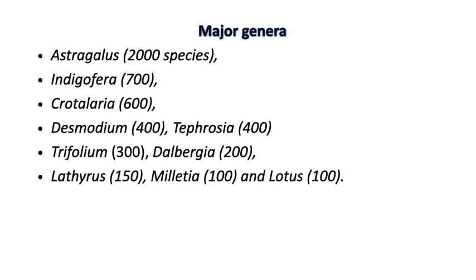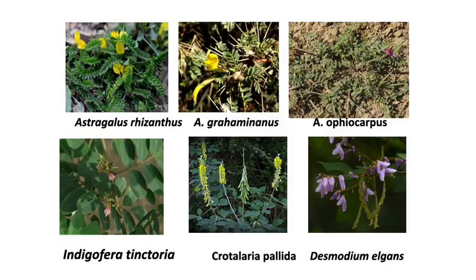Major genera include Astragalus having 2000 species, Indigofera having 700 species, Crotalaria with 600 species, Desmodium with 400 species, Tephrosia with 400 species, Trifolium with 300 species, Dalbergia with 200 species, Lathyrus 150 species, Millettia with 100 species, Lotus 100 species. These are the photographs of some common plants: Astragalus,